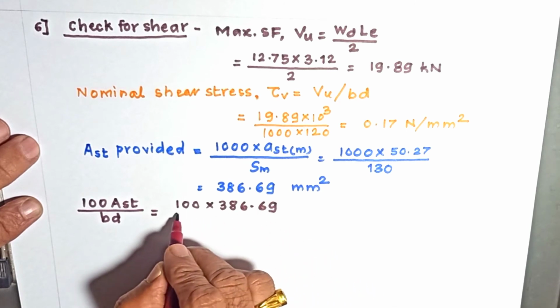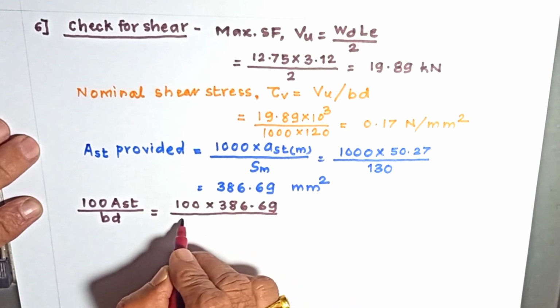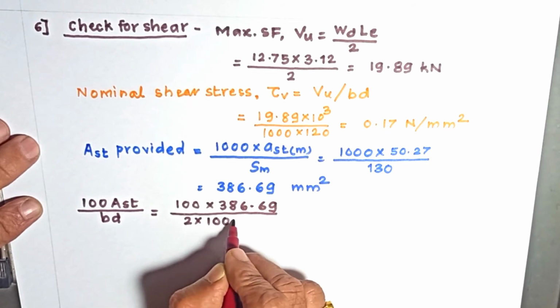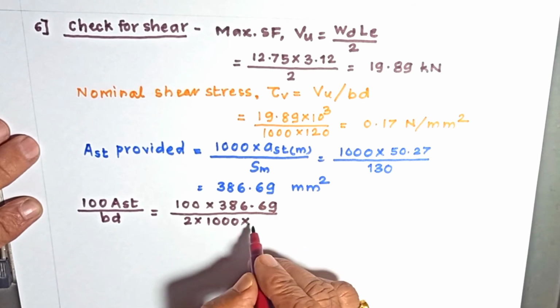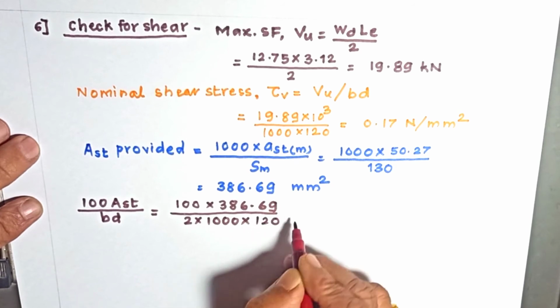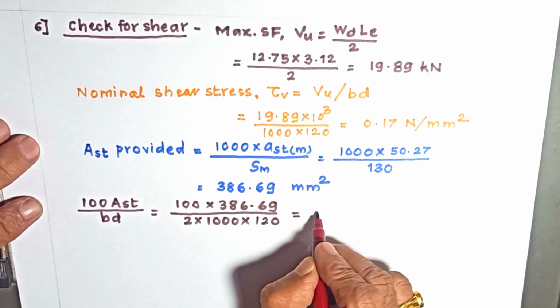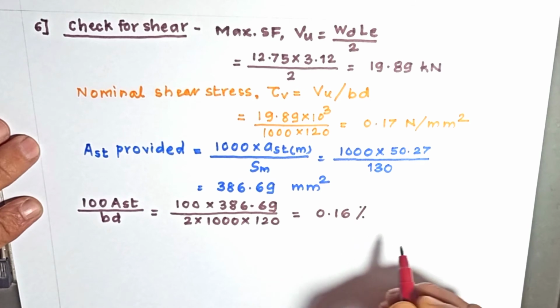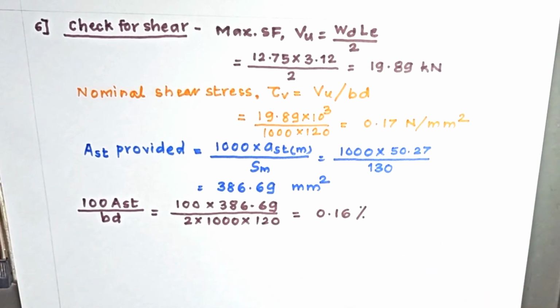386.69 divided by 2, that is half the area is available. B is as usual 1000 and D is 120. So if you calculate, this comes out to be 0.16%. Okay. Now from this percentage PT and grade of concrete, we have to find out